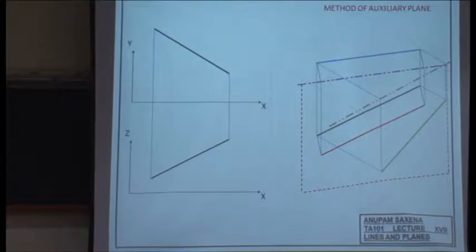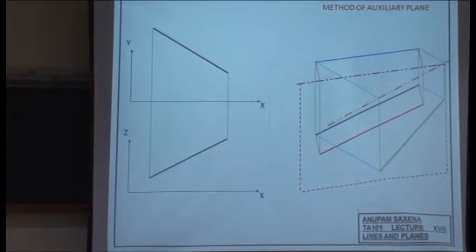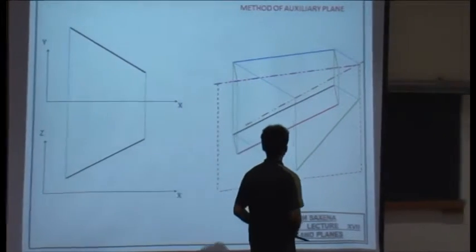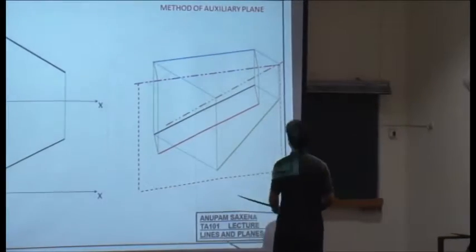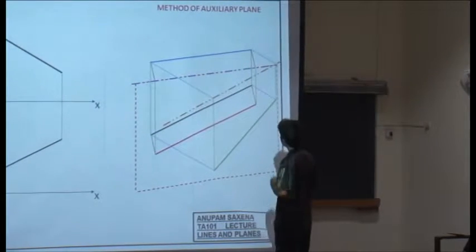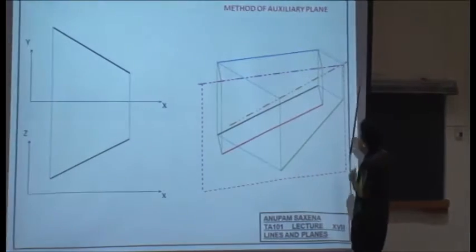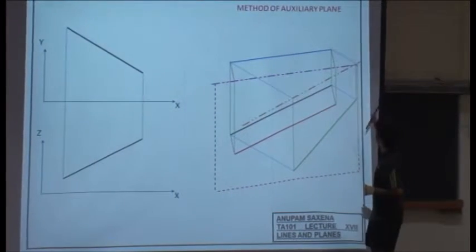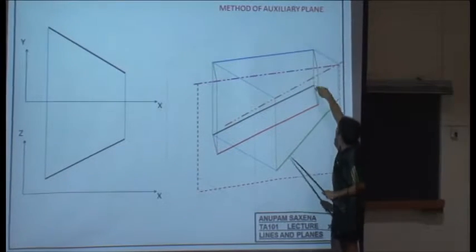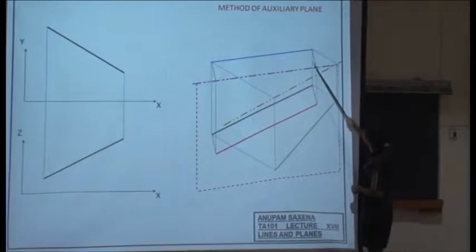Take this. Go over there. So the red line, which is the true length of a line, that lies on the red plane. This one, absolutely. Okay? So if you want to get the point view of this line,